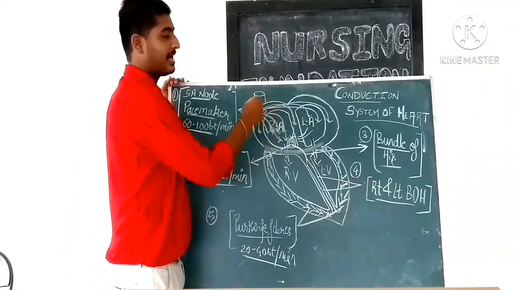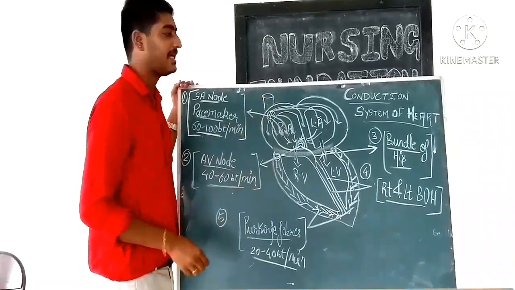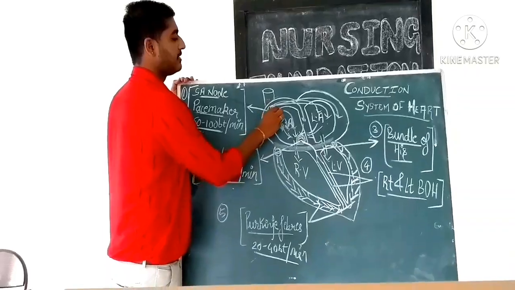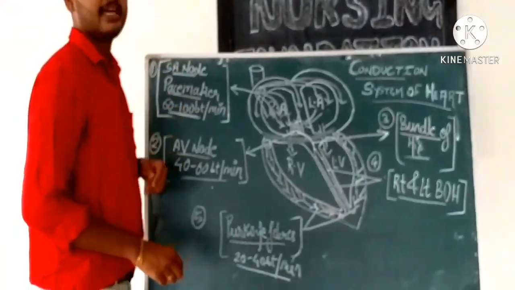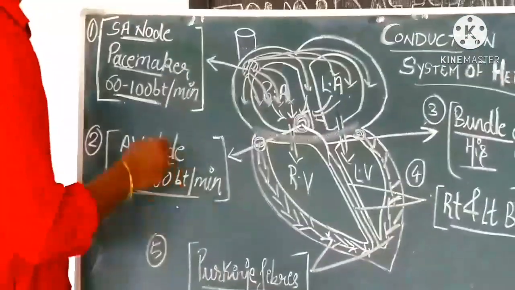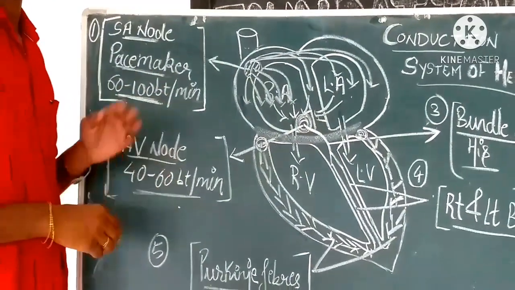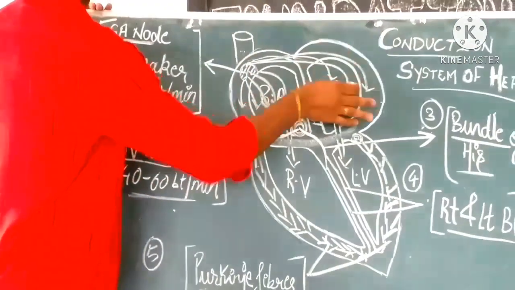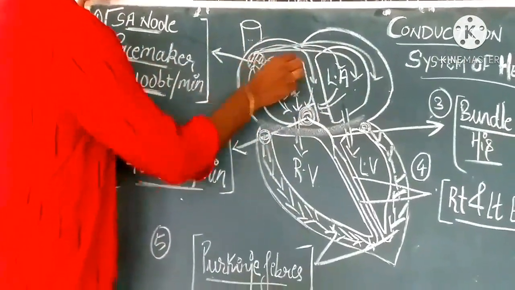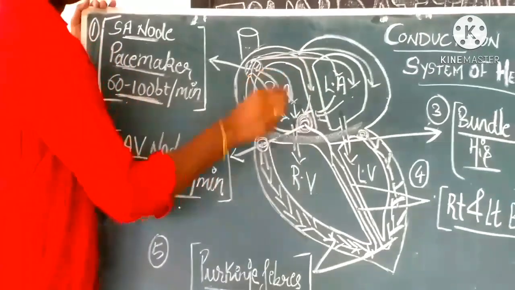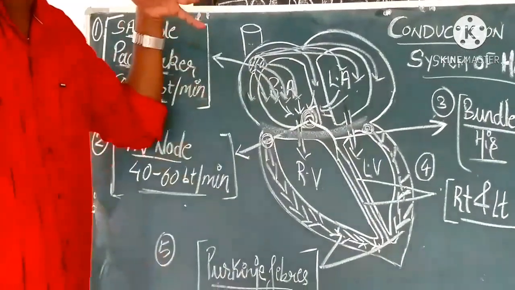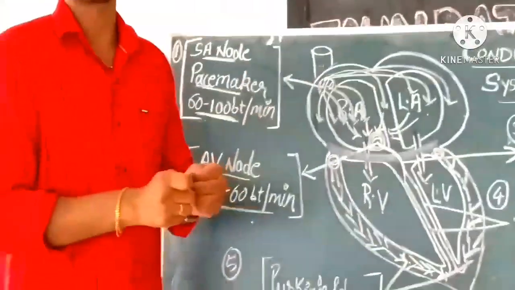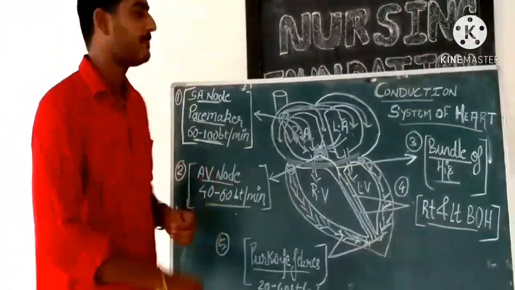Okay, so we'll just have a brush up. At the top of the right atrium and just below the superior vena cava, we have a horseshoe shaped structure called the SA node, and the firing ability is 60 to 100 beats per minute. It is also called the pacemaker of the heart. It sends the signal throughout both atria by the anterior, middle and posterior internodal fibers. Then both atria contract or depolarize. Just remember, contraction and depolarization are the same.